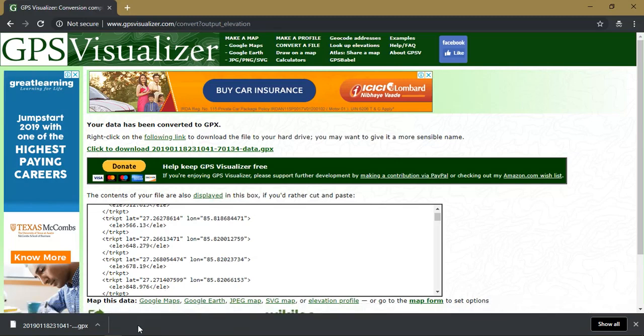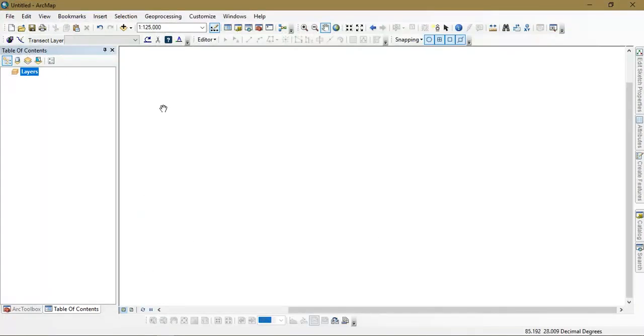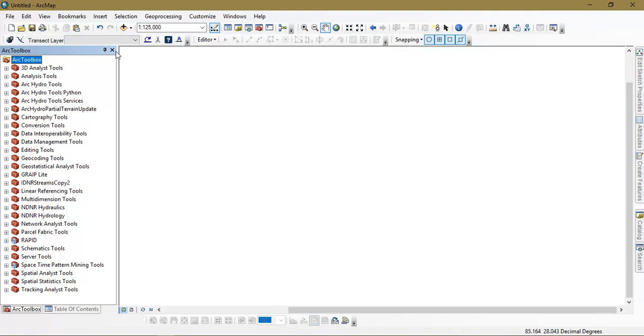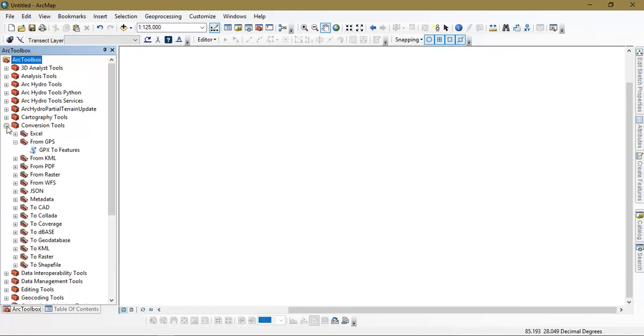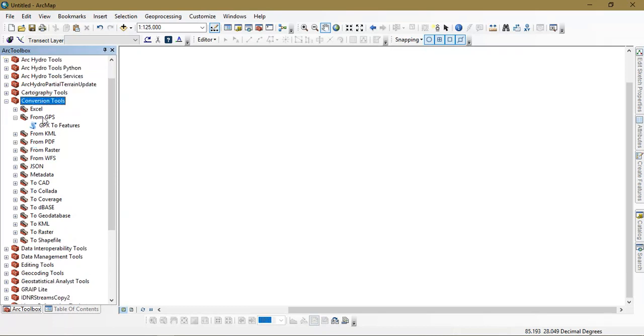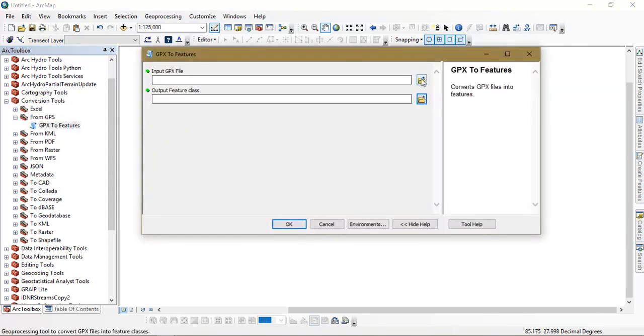The third step, what we are going to do is that we are going to open our ArcGIS. After that, we will be converting. So after opening the ArcGIS software, you need to just select the option Arc Toolbox. A tabular column will open like this. From there, go to the option Conversion and select From GPS. You'll be given an option called GPX to Features. Just select it